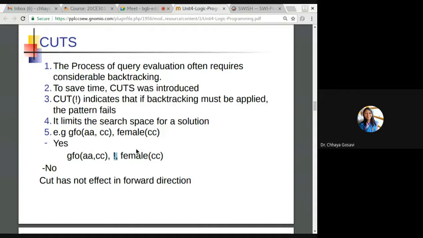Either CC is male or female. It should return true. The answer is true here. It should not be no. It should be true. So cut has no effect in forward direction. It has only effect in backward direction. You can cut that rule. Don't check this particular rule, or in case of query you can cut the particular query.